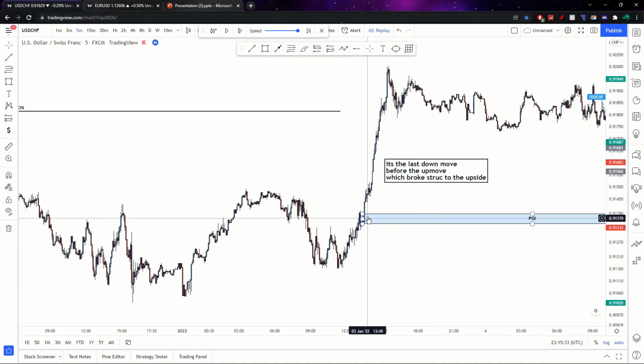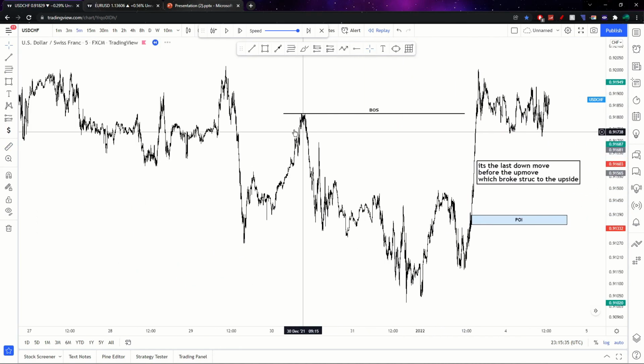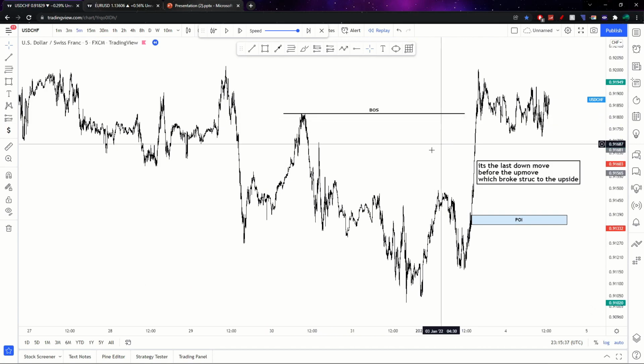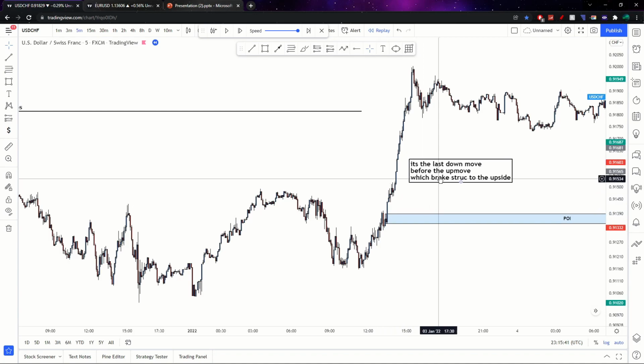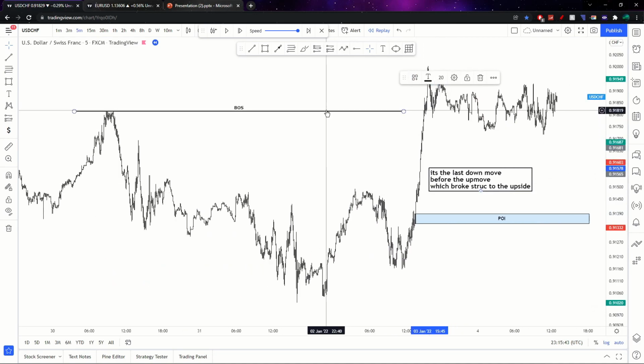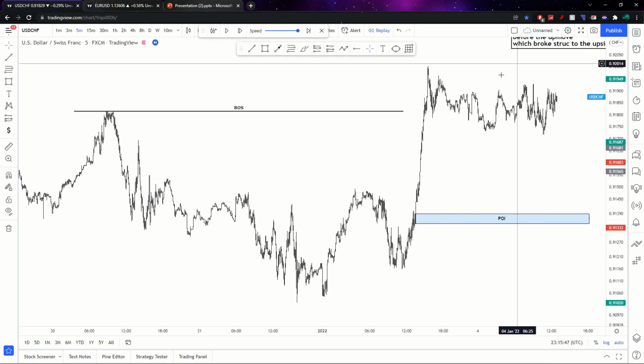So it's the last down move before the up move, which broke structure to the upside, which is what we had right here. So clearly, this is a valid POI in terms of the definition of the order block. We've got the break of structure in. Now we're looking for any mitigation, right? And if I just move this out of the way,